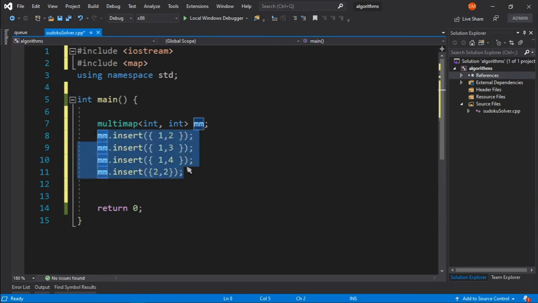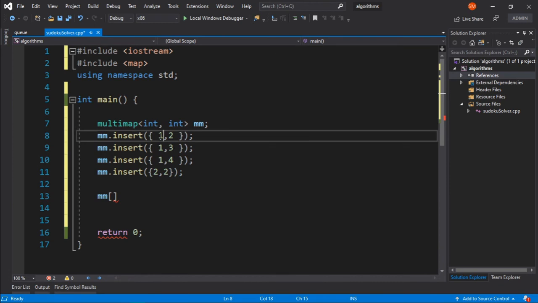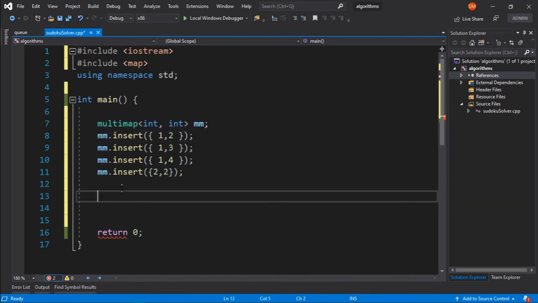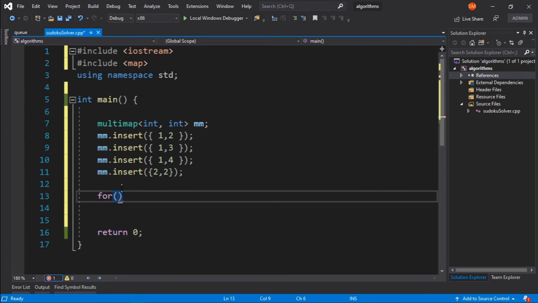Now there is one disadvantage of multimaps with respect to maps or unordered maps: you cannot use this operator. This operator is not defined for multimaps because a key can have multiple values. To iterate over a multimap, you can simply use a for loop, or loop through iterators.